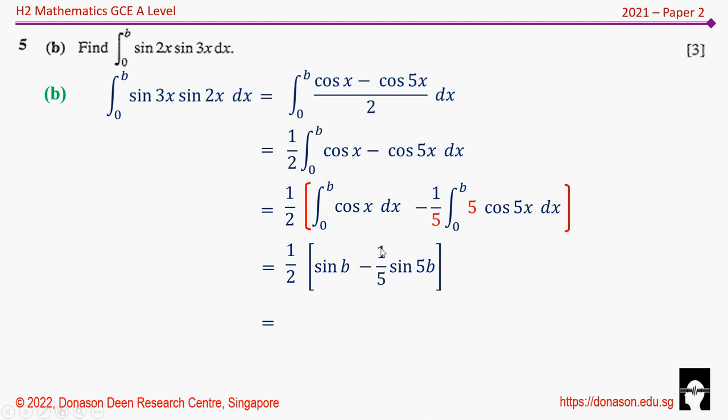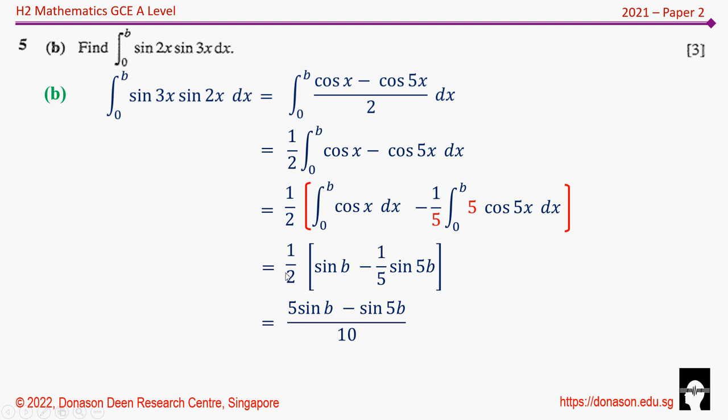So 1/5, okay, 5 cos 5x, of course if we integrate, it's going to become 1/5 of sine 5x, but I have jumped a few steps because the upper limit is b. So if you substitute all the x's with b, you're going to end up getting sine b minus 1/5 of sine 5b. So I have jumped a few steps, okay, because of the restriction of the space. So then you can subtract away, of course sine 0 and sine 0 would have definitely given you 0, so that is why the rest of the terms I have not written, so it has all become